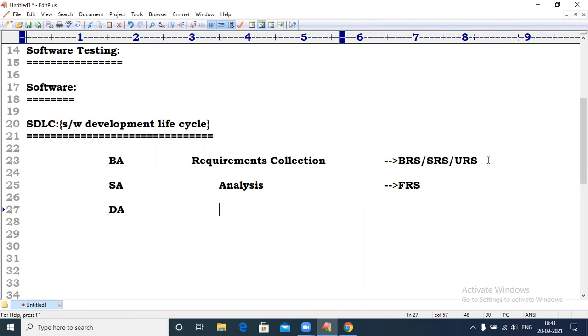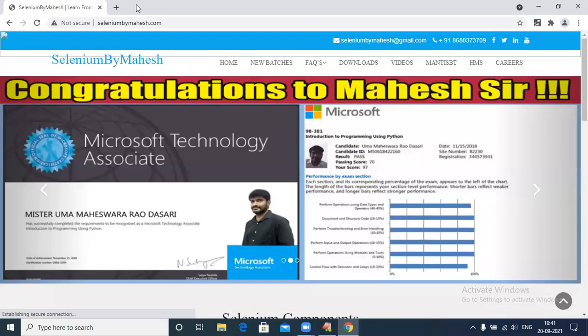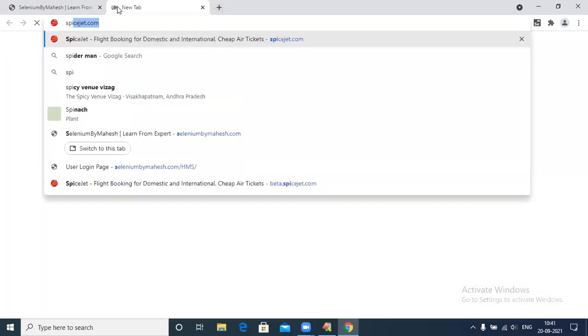After that comes the design activity, where we will do designing. At that time, we will prepare the GUI and the database. GUI means the front-end application, what we are seeing, the graphical user interface. For every application, two ends are there, front-end and back-end.